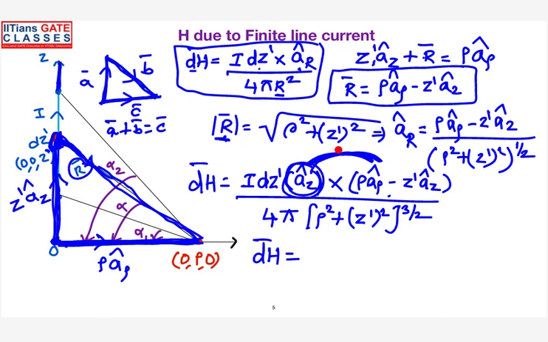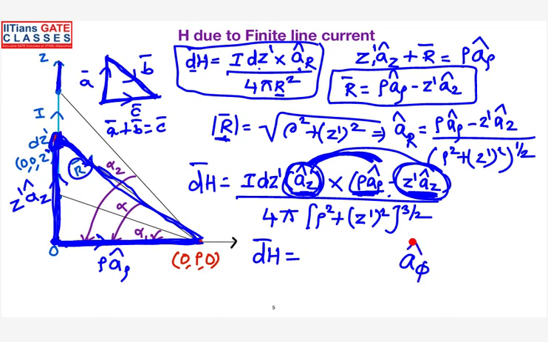And the other component will be Z cross AZ. That is straight away 0. So because of this one, you are going to get the magnitude. You multiply the rho component with A phi, and this component with AZ. When you take AZ cross product with AZ, the cross product of two similar vectors is 0. So the resultant direction lies in the phi direction only.